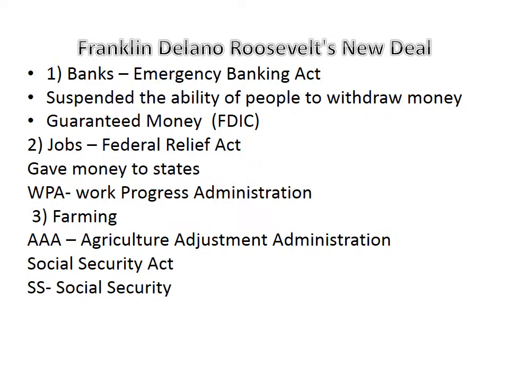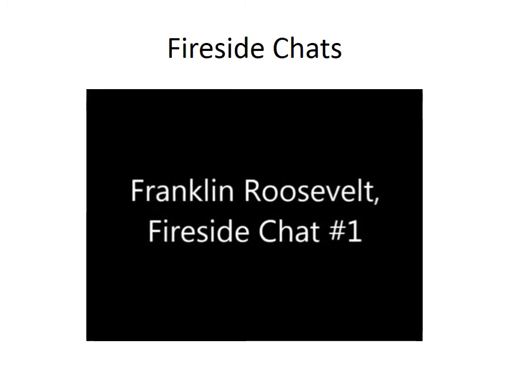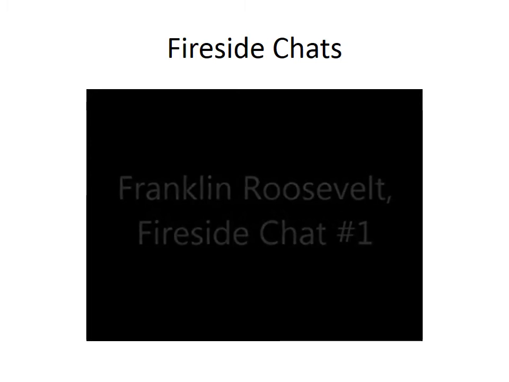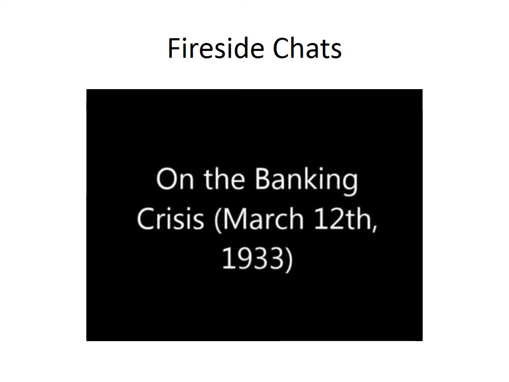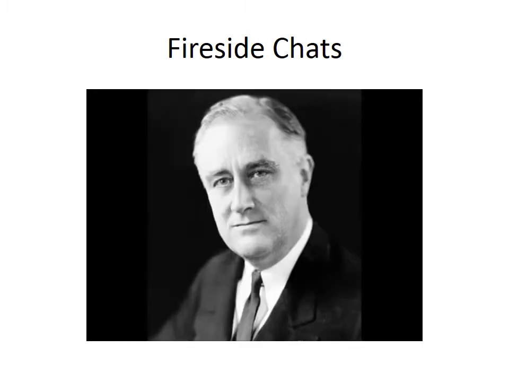This is a lot of government intervention, much more government interference than the American people are used to. So FDR did an excellent job of communicating to people what he was doing, and he did this by using radio, what he called his fireside chats. It really went into people's homes, the President of the United States explaining what he was doing, and it gave them hope. They were a remarkable thing.